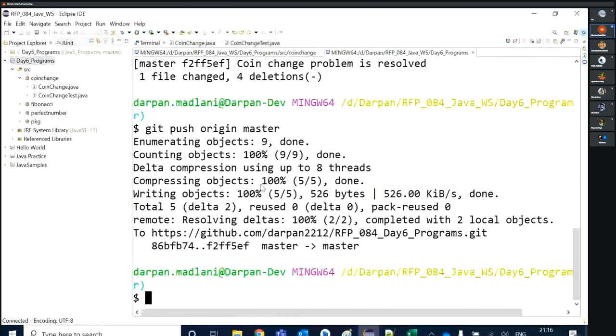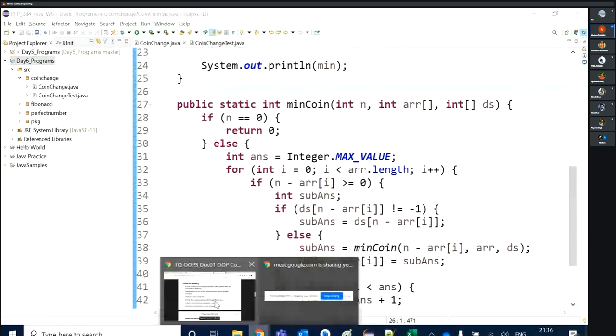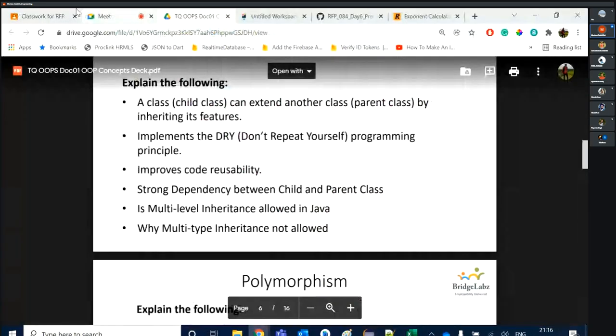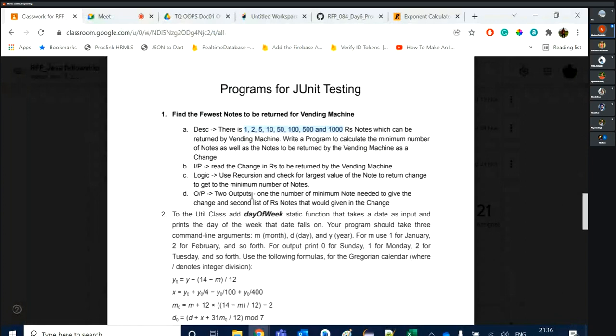Now I want one answer from your side for the same question. There we actually need two answers. If you guys have read the question, we need two outputs. Now the second output: what denominations did you use to get that answer?